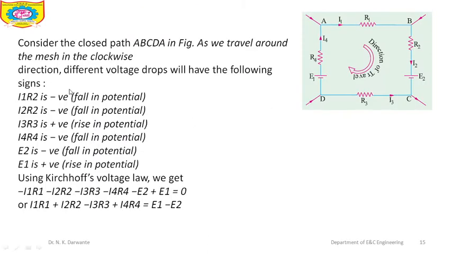If the potential or EMF voltage is increasing in the direction of our analysis, then we have to use the positive sign. If the voltages, IR drops or EMF decrease in the direction of our analysis, then we have to use the negative sign. Okay, and that we have seen in the earlier lecture. The same we have to use for the analysis when we see some examples. At that time we will give more focus on these signs.